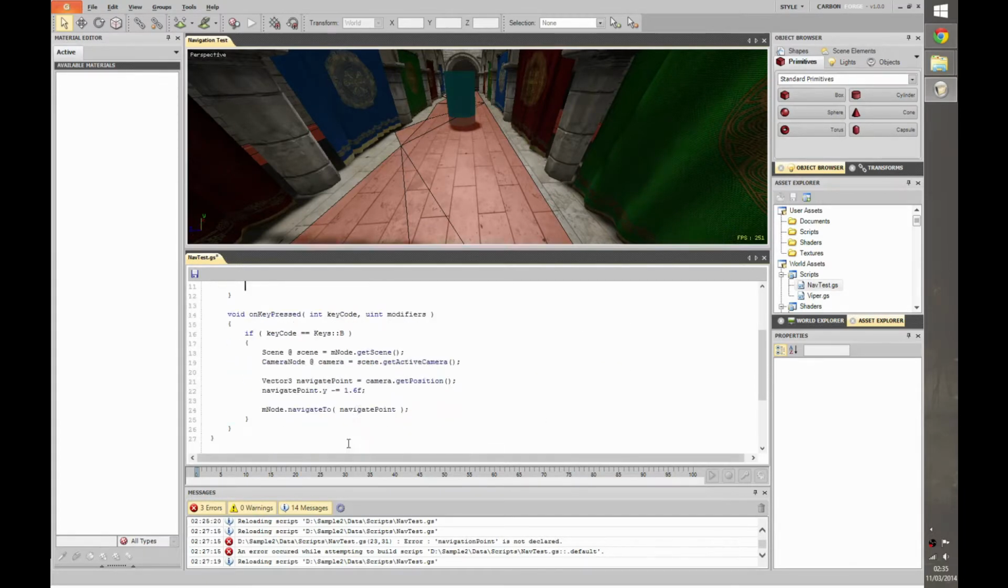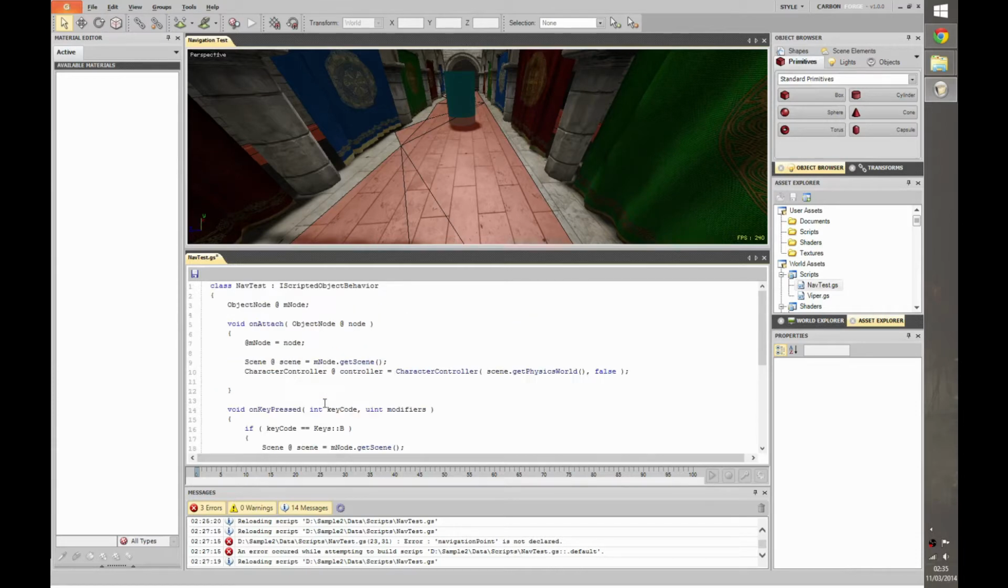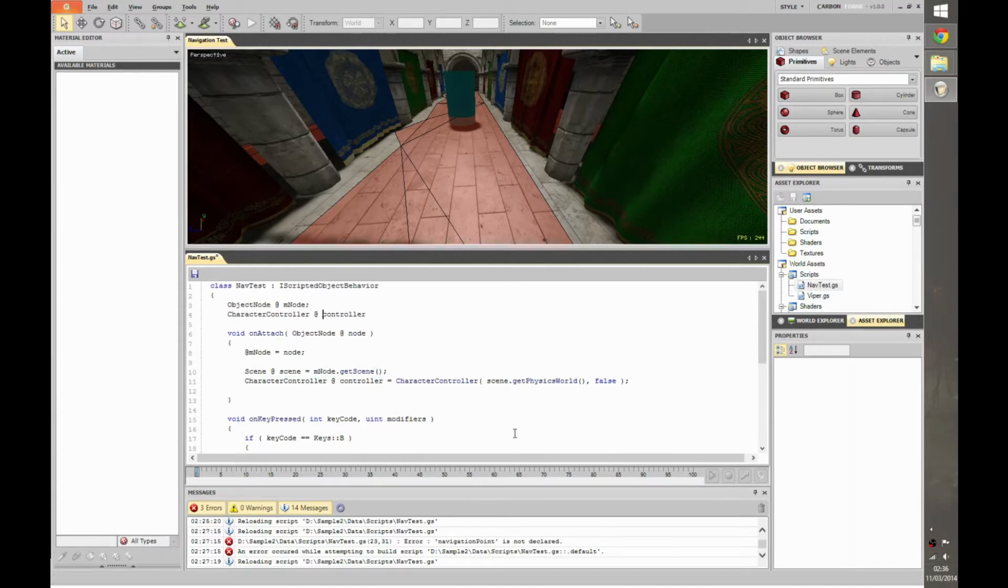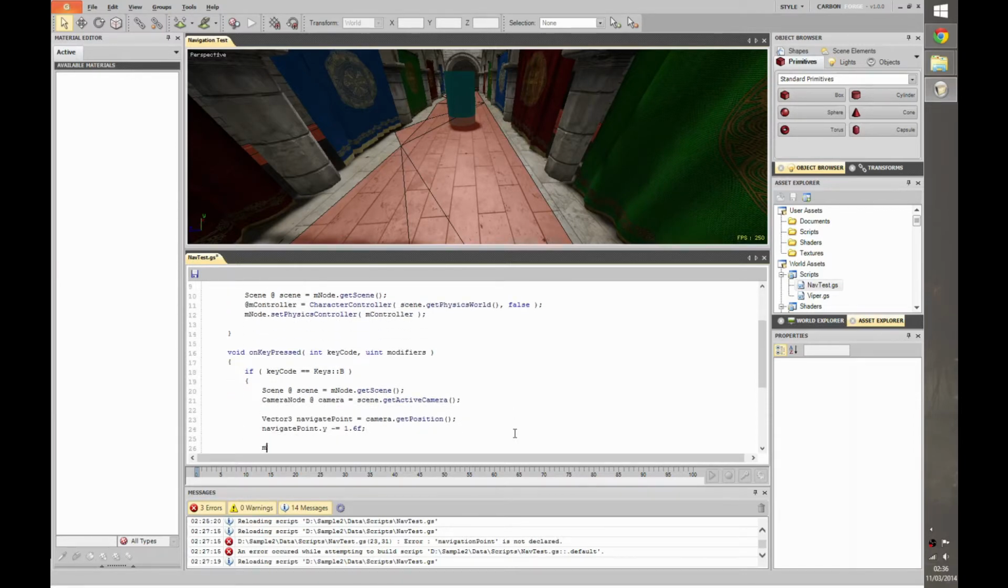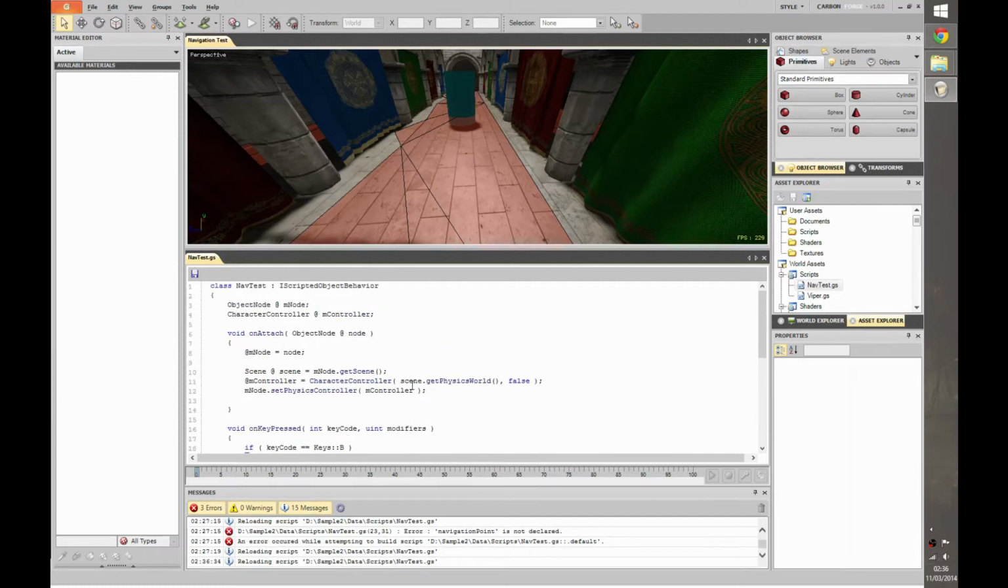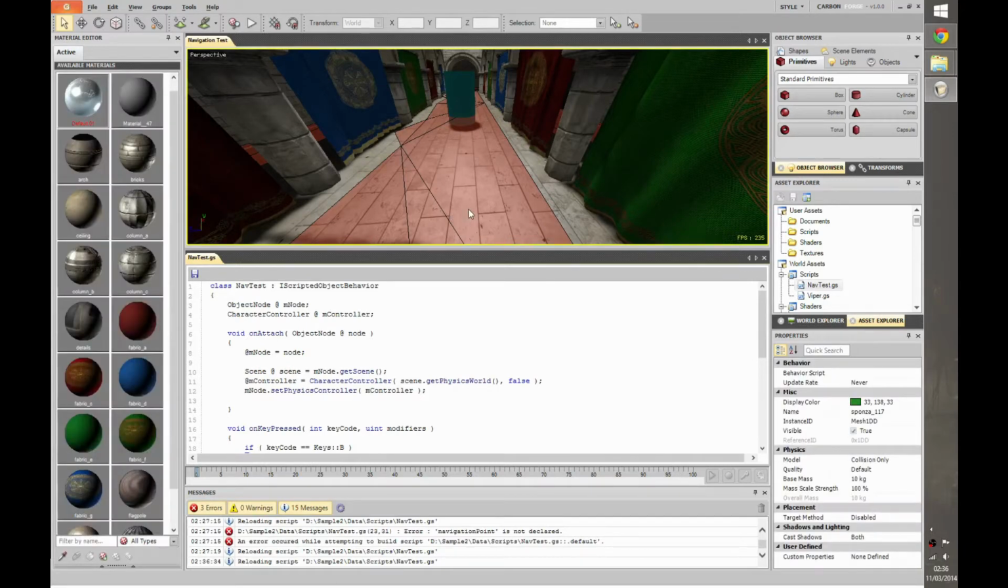Now we'll get rid of this old navigation stuff. Actually, you know what? I'm going to store a reference to this so that we have it in the key press case. So mController, we'll make that a member variable, and then we just do mController equals. So we've got a new character controller. We're going to attach it to the node. So that way, all we need to do now is call its navigate to point. Save that, no errors, and if we run, we should